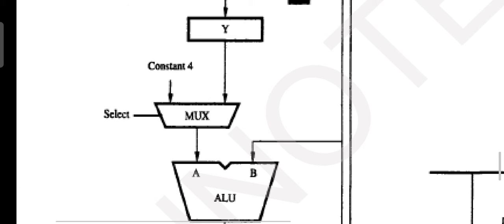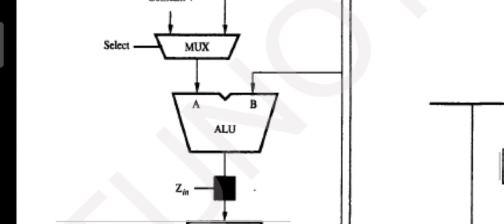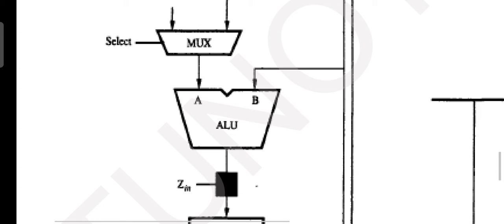Next, Y is selected and R2 out is selected, both are given as the input for the ALU, input A and input B respectively. Now you have to perform addition, since the instruction is add R1 comma R2 comma R3, so mention add, the instruction name. Then after addition the result is computed and obviously it is to be stored temporarily.